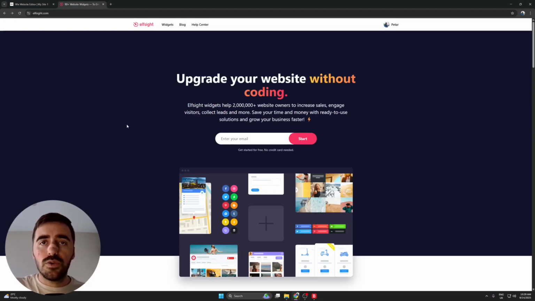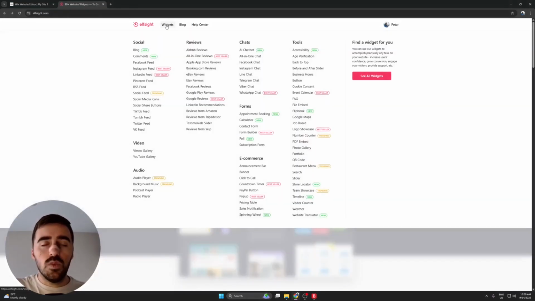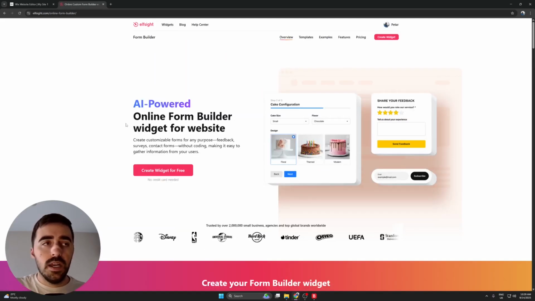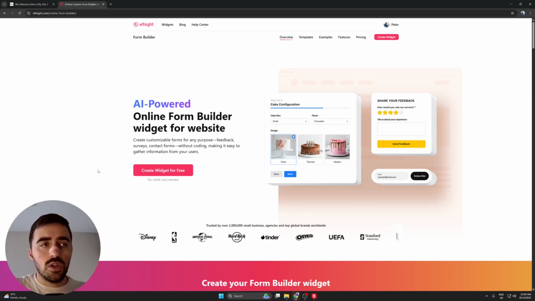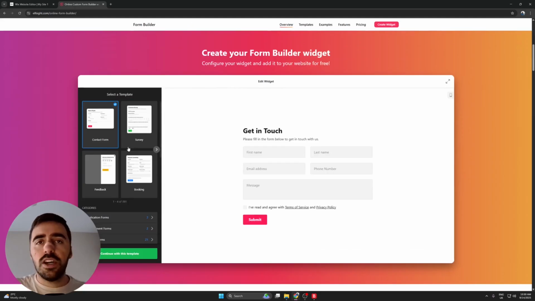Once you've clicked the link, this is the page you're going to see. From here, go to the top of the page, where you will find this widgets button. Simply hover over it, and you see this massive list of widgets that you can pick from. I want you to focus on the forms section in the middle of the screen, and then click on Form Builder. That will take you to the online Form Builder widgets page. From here, click on Create Widget for Free, and that will take you down to the